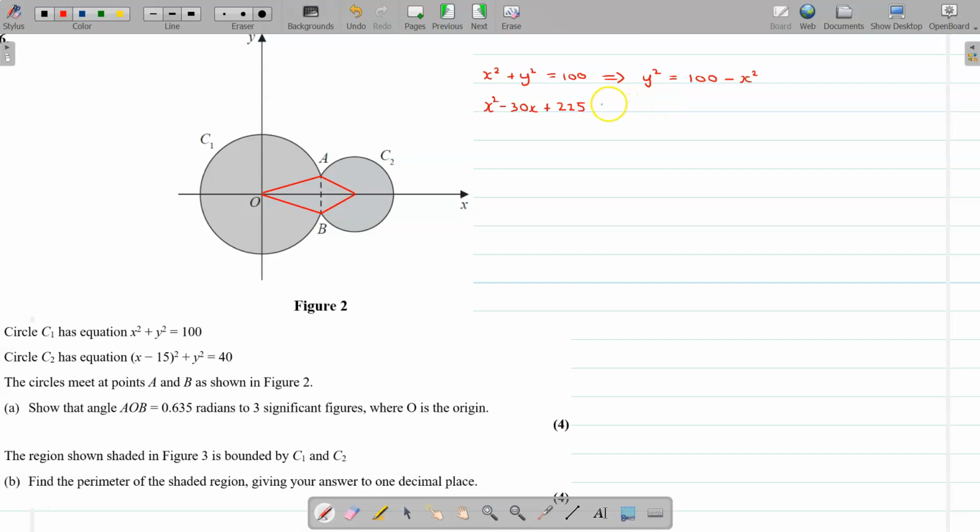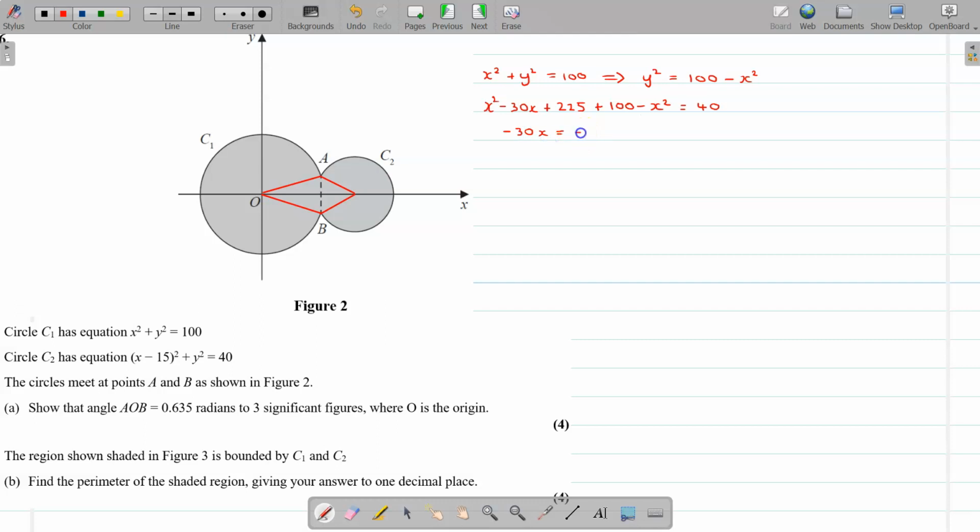Okay, and then I've got to add on to that y squared, which we've just stated as being the same as 100 minus x squared, and that is equal to 40. Well, immediately the x squareds cancel, and you are left with, if we bring over the 40 and move everything across, we get minus 30x